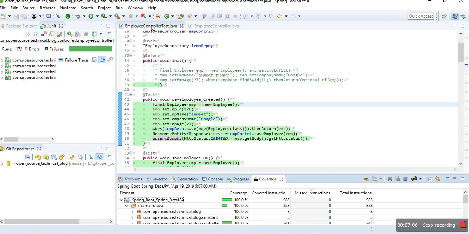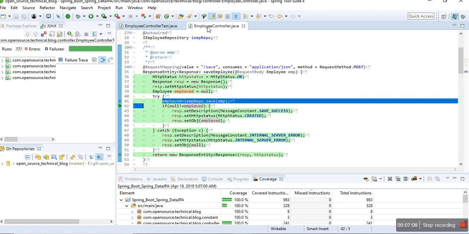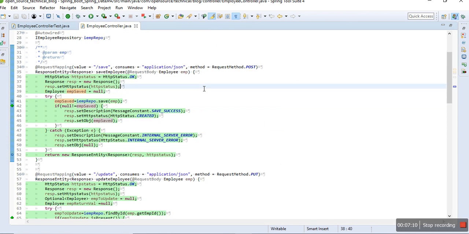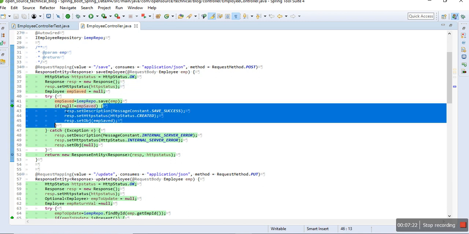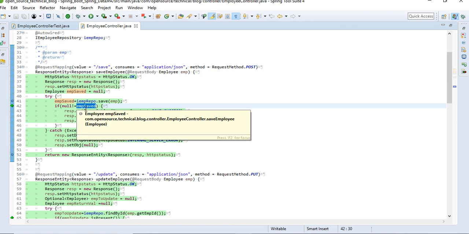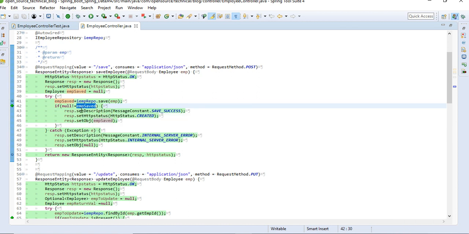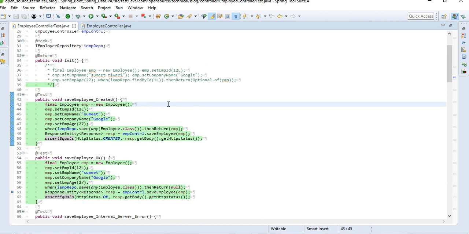So if you go to the controller, a lot of things are there. You can see here all two branches are covered. So what exactly does it mean that all two branches are covered? Here in this particular set, one time employee saved will be not null, and one time it will be null. So if you go to our test case,